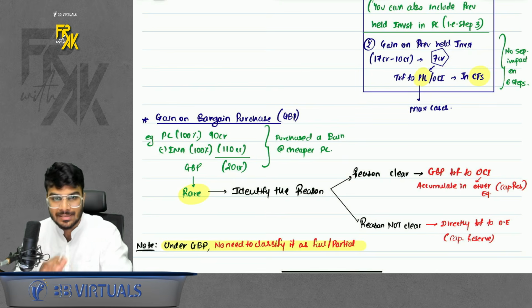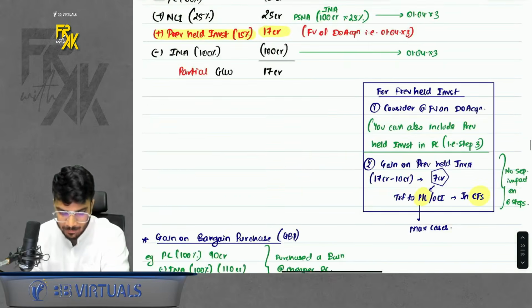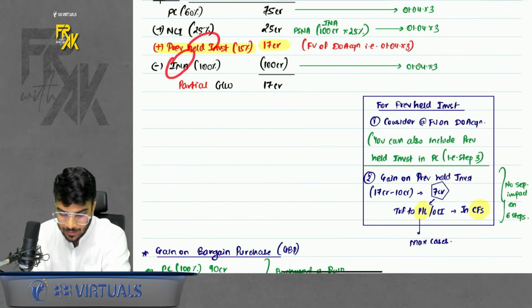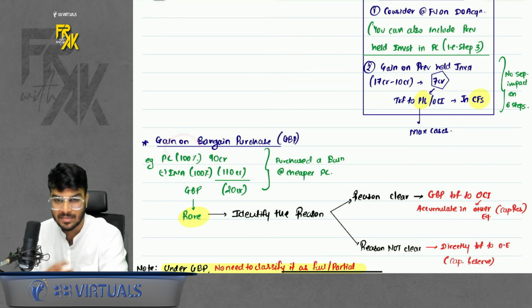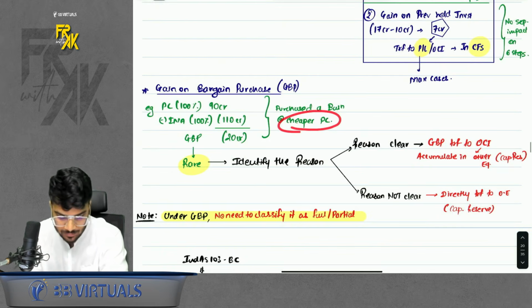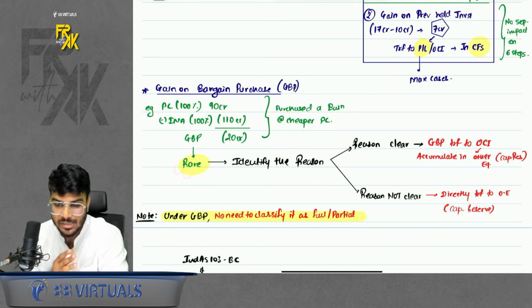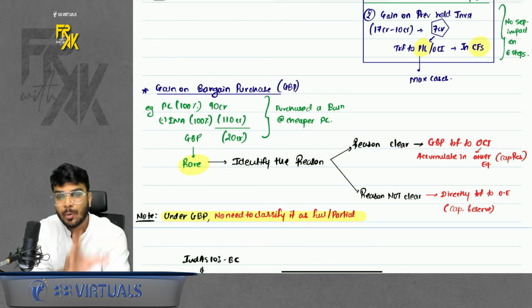Last point under this 6 steps is GBP. If you total up PC plus NCI plus previously held investment minus INA, and you get a negative balance, that is GBP. For example, let's say you paid PC for 100%, 90 CR, less INA was 110 CR. So you are acquiring company worth 110, but only paying 90. That means you are acquiring the business at a cheaper price. Okay, that is the case when GBP will come. So this is going to be very rare. First of all, standard identifies the fact that this is going to be very rare. So if still you get a GBP,